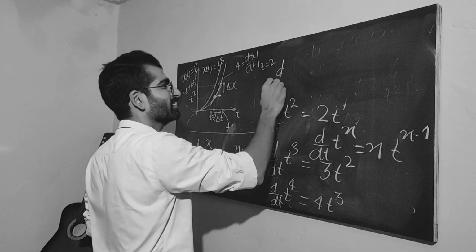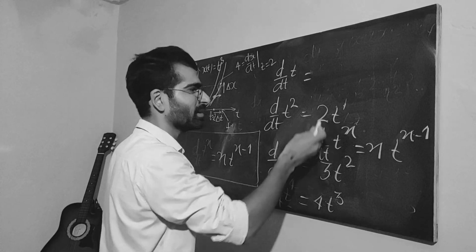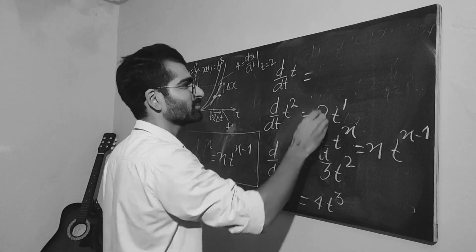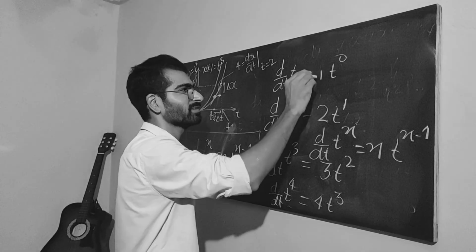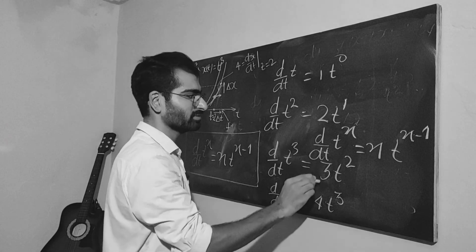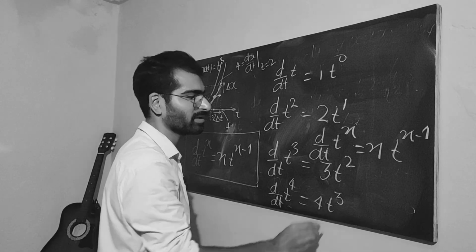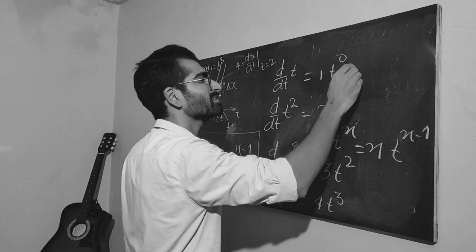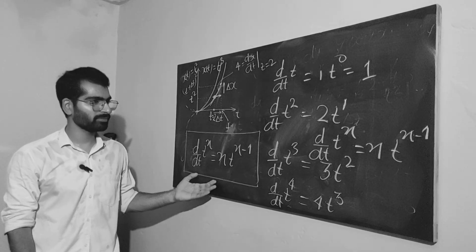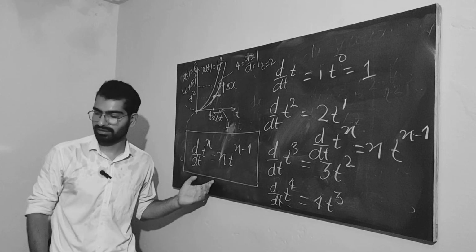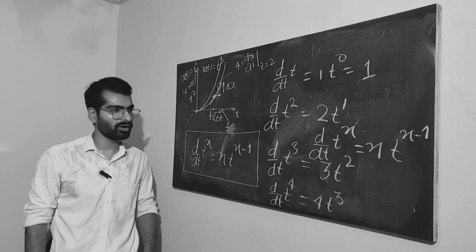And so the derivative of t, you can now complete the pattern, right? So it should be 1 times t to the power 0, right? Look, here you have 1, 2, 3, 4, and then here you have 0, 1, 2, 3. And so it is really 1, and that's the very important derivative in mathematics. That's a derivative for any polynomial function.